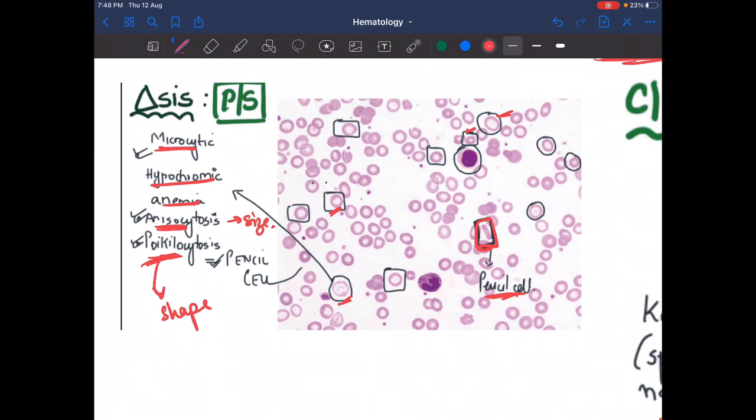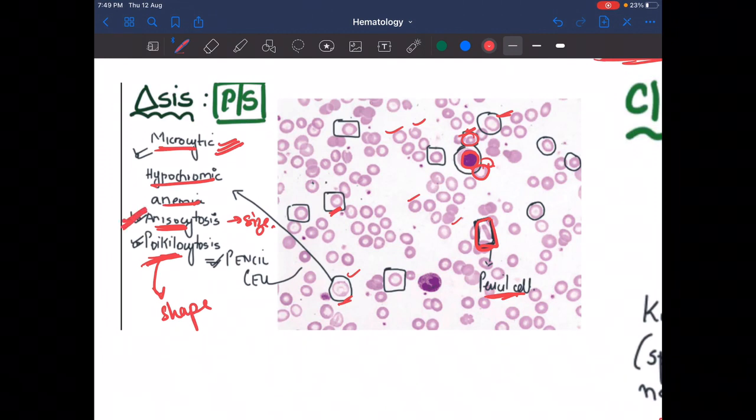So this is the nucleus of a lymphocyte, and we have to compare it with the RBC. Here the lymphocyte nucleus is larger than the RBC, which means the RBC size is reduced. But if we compare it with this one, both are equal in size, which means the size is variable, as this is small, this is larger, this is small, this is also small, and this is larger. So microcytic cells are seen, the size of the RBC is reduced, but here the size is variable.